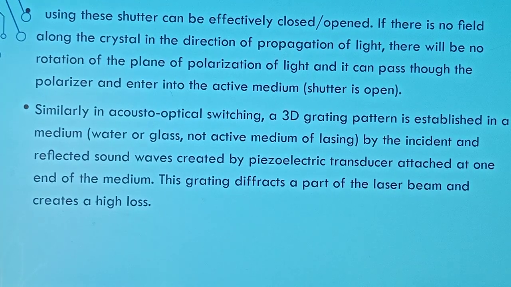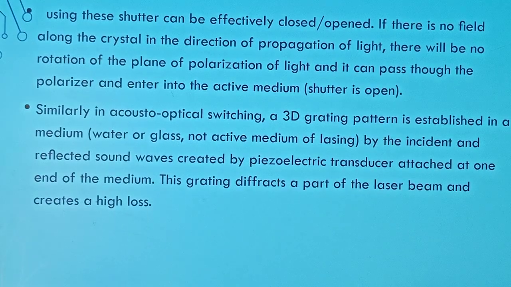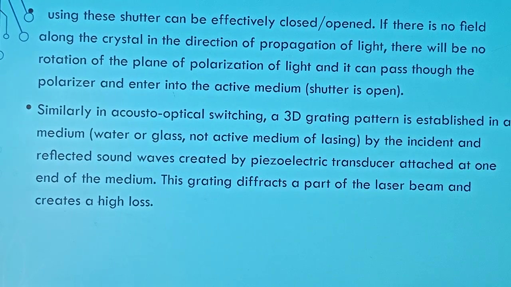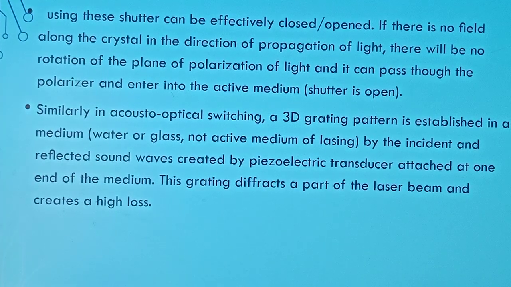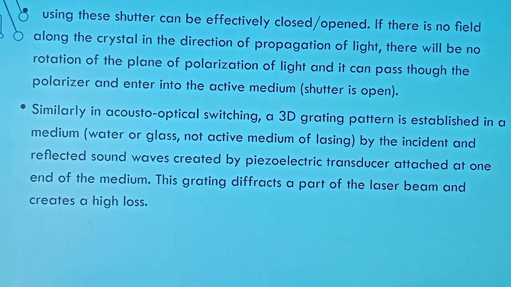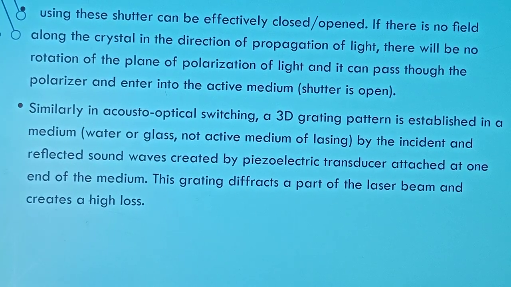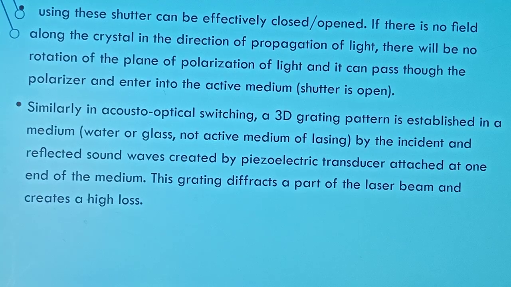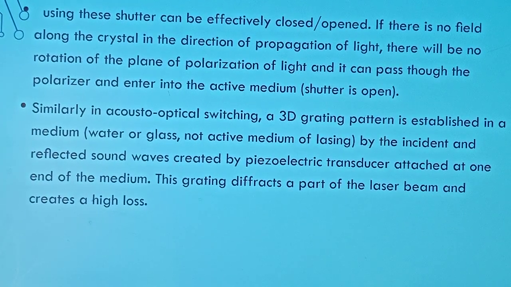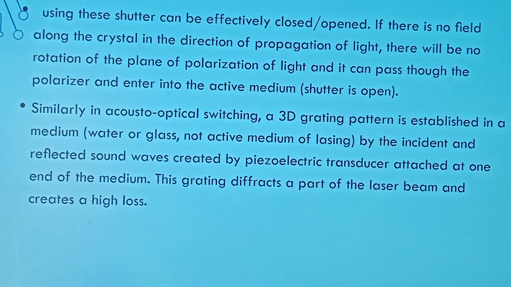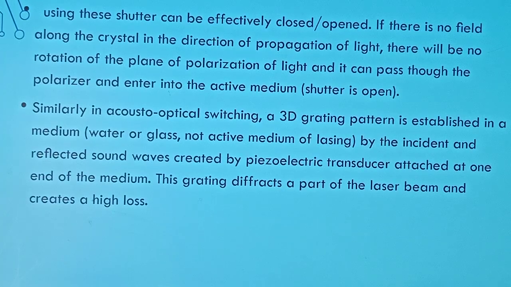Therefore, it is going to rotate the plane of polarization of the incoming light in the to and fro transit of the pulse. Thus, it will close when you apply a field to the Pockels cell. The shutter is closed. Once there is no field, the shutter is open. Then all the mode locked resultant